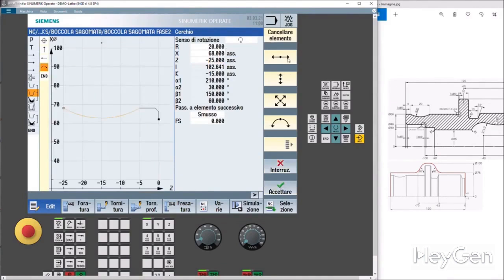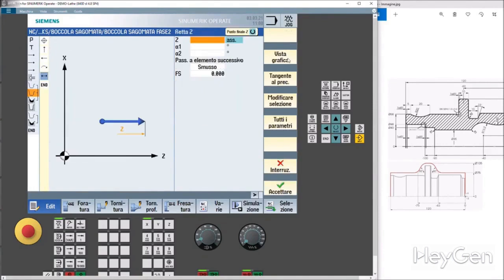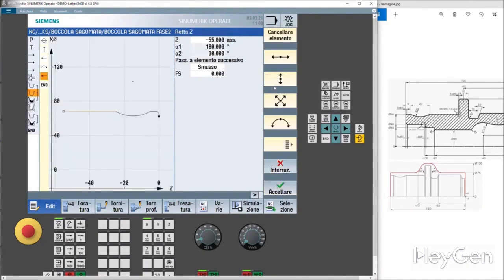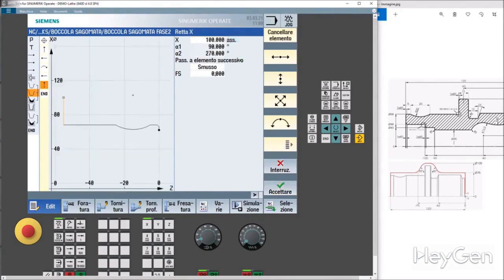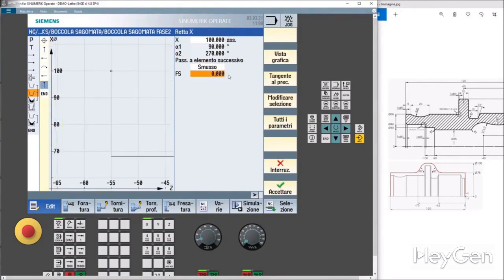Let's ignore the discharges, because Siemens will handle those separately. And let's go to Z, minus 12. Let's lift up. X, 100, with a chamfer of 1 millimeter.